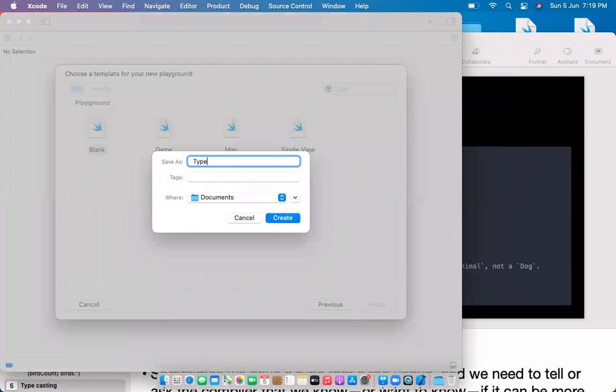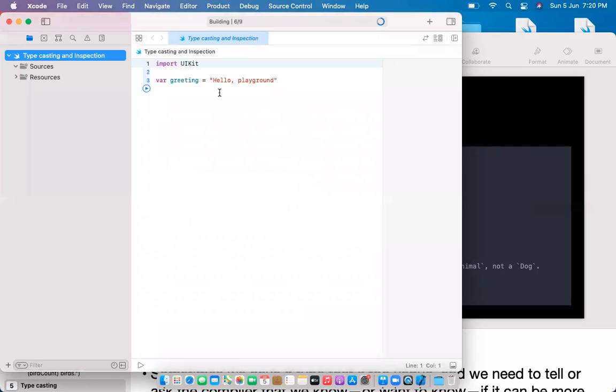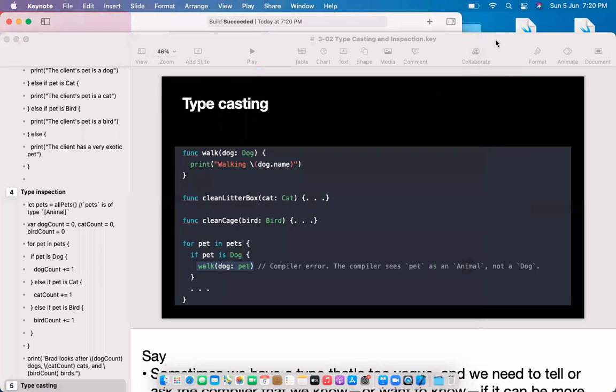Typecasting and inspection. This will be our creation. So if you go further,